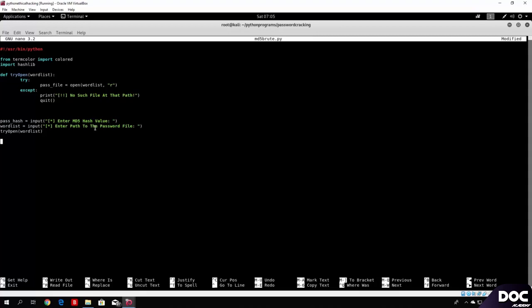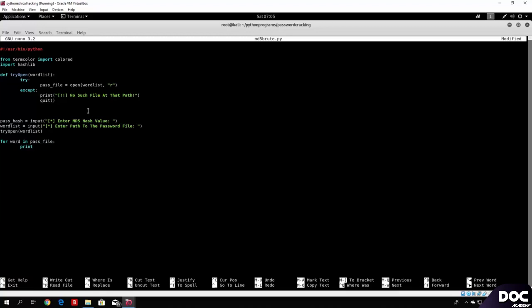And after this, what we want to do is actually loop over the password file for every word. So let us do that for every word in our word list, which makes sure that, for every word. Now, since we opened the word list in our pass file, we need to specify the pass file. So for every word in pass_file, what we want to do is first of all print that we are trying